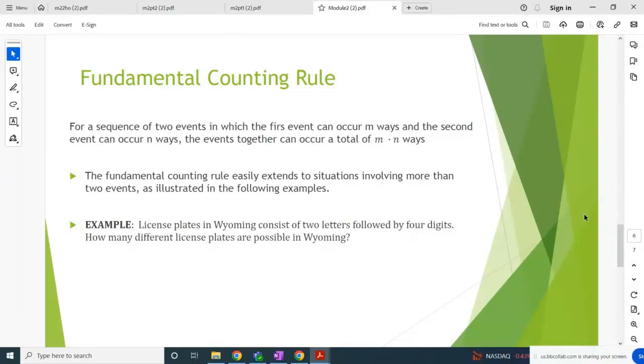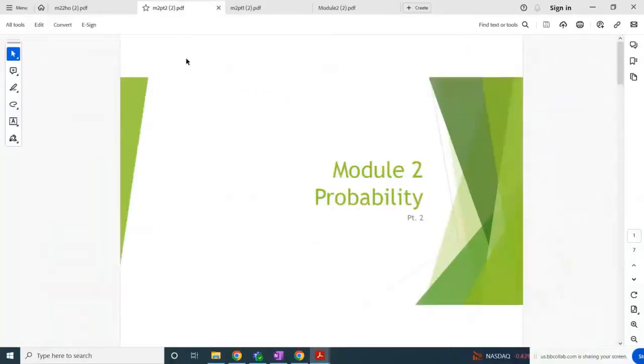These problems did not necessarily ask for a probability, but asked how many different ways something can happen. We looked at license plates and social security numbers, using the fundamental counting principle. Now, as far as the classical approach to probability and this fundamental counting rule, we're going to take a look at